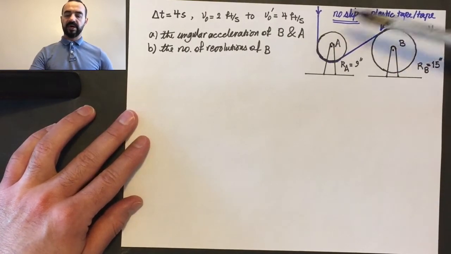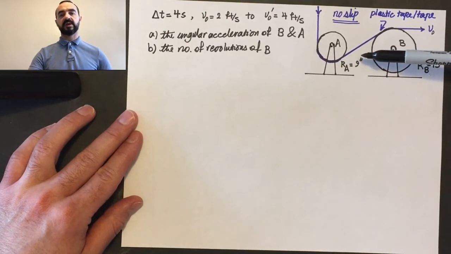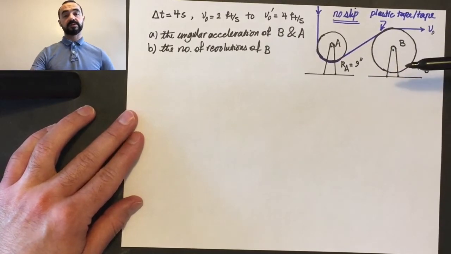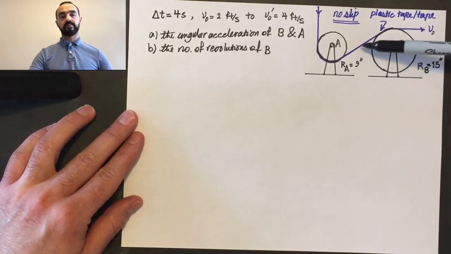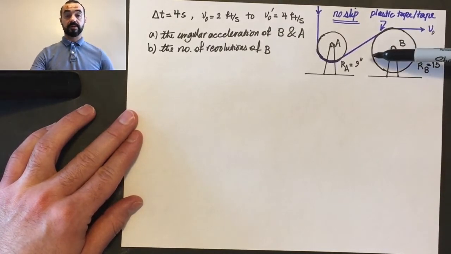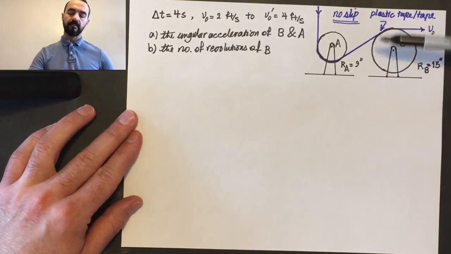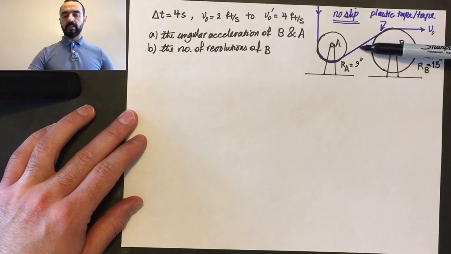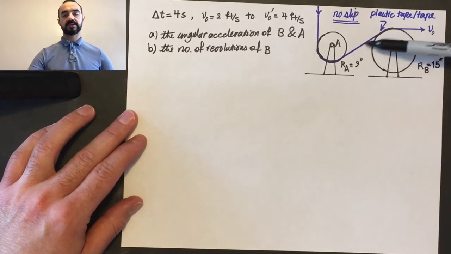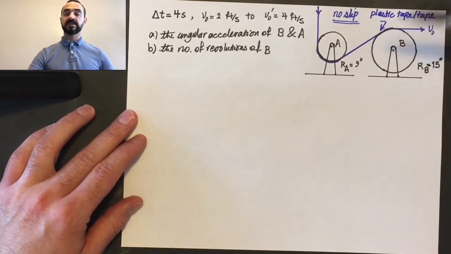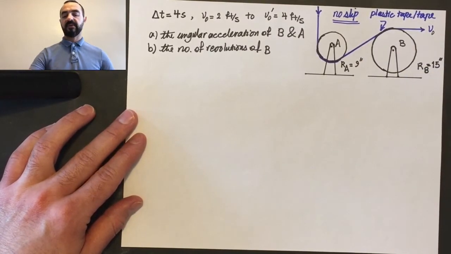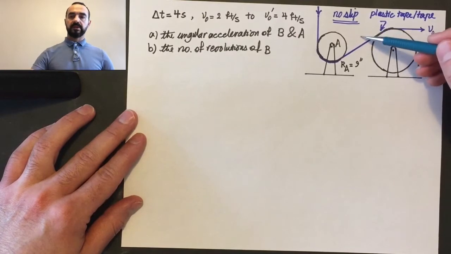Once the system is set up and starts to operate, this plastic tape is going to be a rigid component, meaning that each 2 points on this tape do not move with respect to each other. So if you think about one point on this tape, it moves along its direction. The velocity is going to be along this direction, and the same goes for acceleration, because if you had an acceleration component in this other direction,